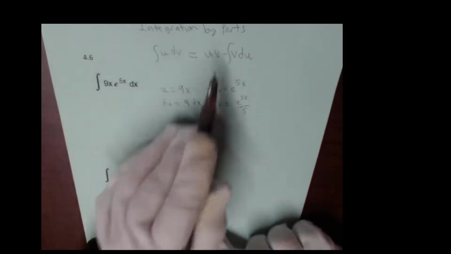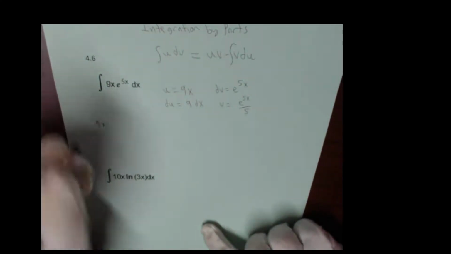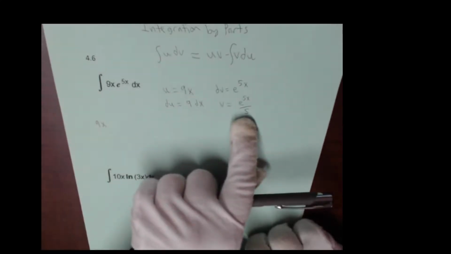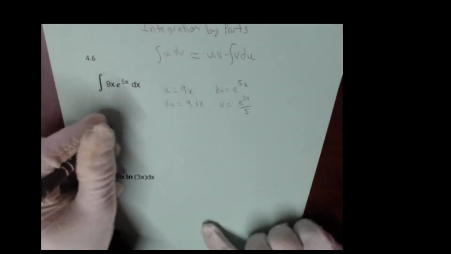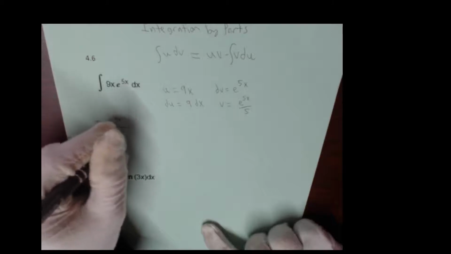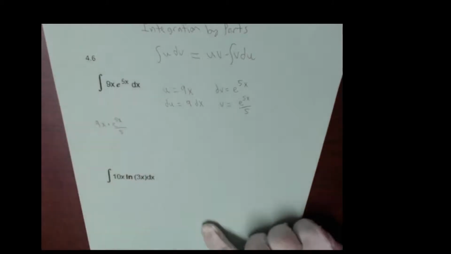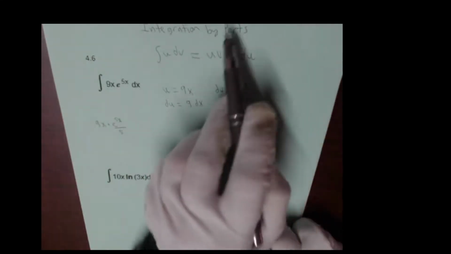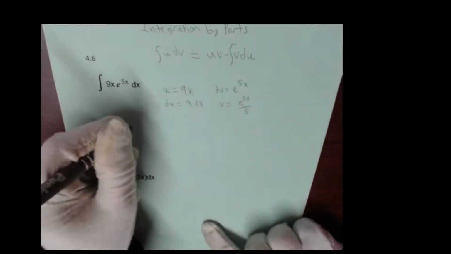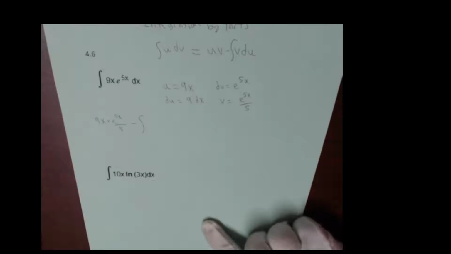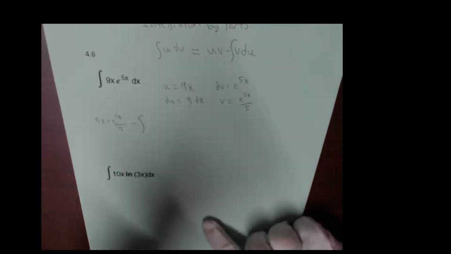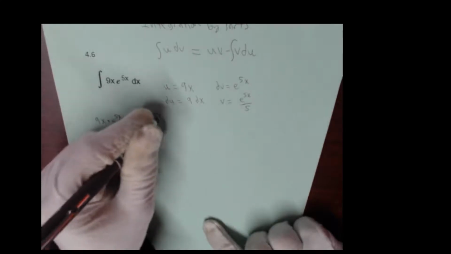and now we just plug them into this formula up here. So it's uv, so 9x times e to the 5x over 5. And luckily, all of that is out of the integral now. Notice that this is not in the integral anymore. And hopefully these other two pieces are simpler than the original integral. So we did uv, u times v, and now it's minus v, which was e to the 5x over 5,